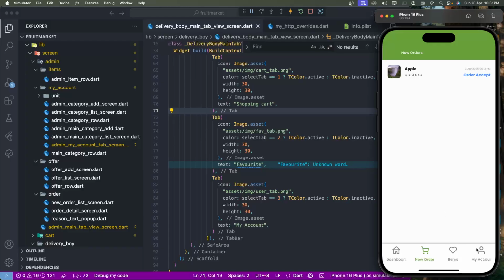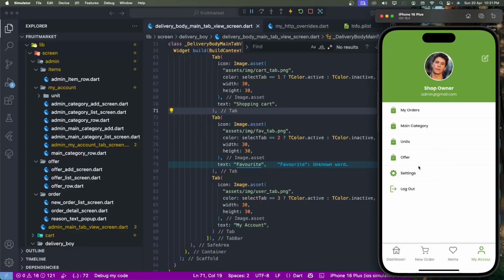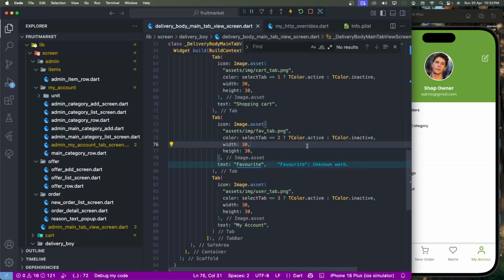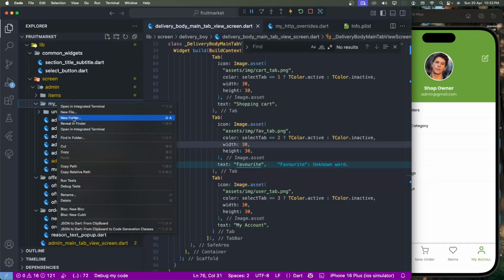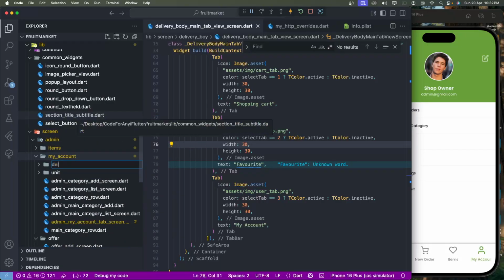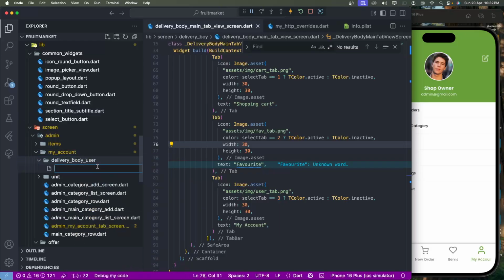Now first of all we need to make here these settings inside. We need to give this here the one option. We need to create delivery boy management. So need to create here. So today we need to make here only the designs. Now we need to go inside here the admin screens, select here the my accounts, and we need to create here the new folder here, and write down here delivery boy users, and we need to create here the new file. We need to set here the delivery boy